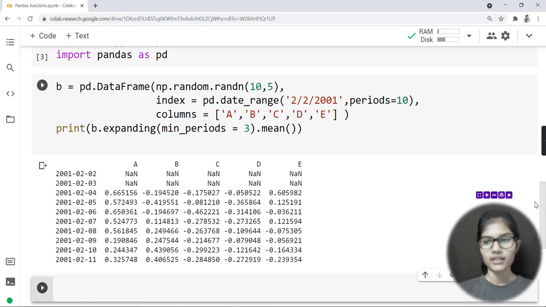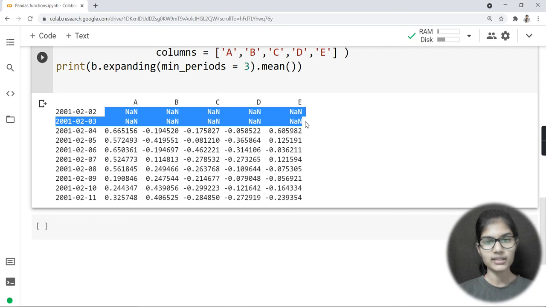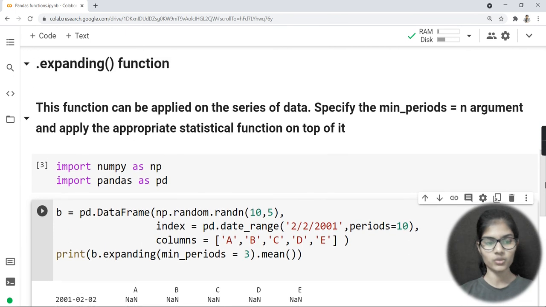Fine. Right, so here basically you can have a look at what I am getting. I am getting NaN values in both of these rows, that is basically null values, and other than that all are filled up here. Fine, so now I hope you got the idea of how this expanding function works, right? And why we use this expanding function, and what the procedure for using this expanding function is. So I would just quickly review what we have just learned right now.